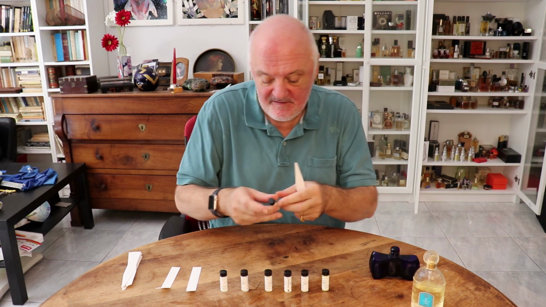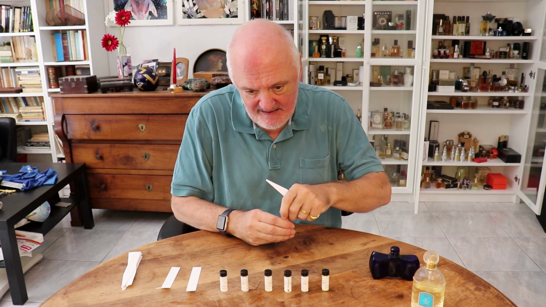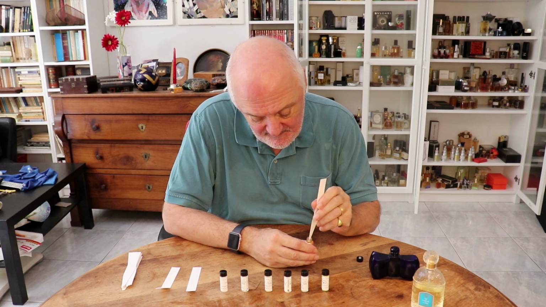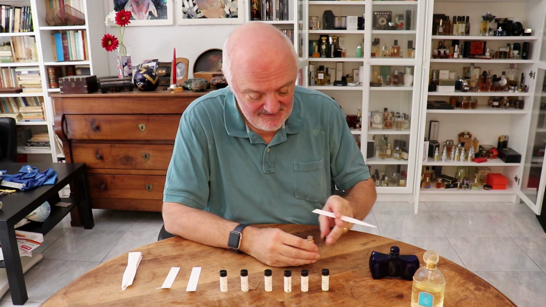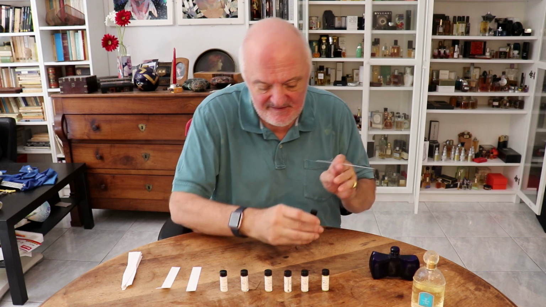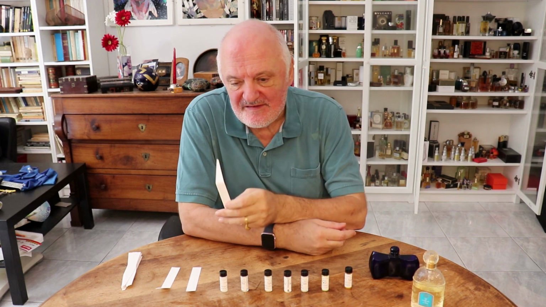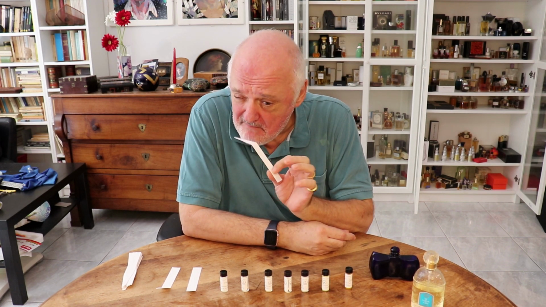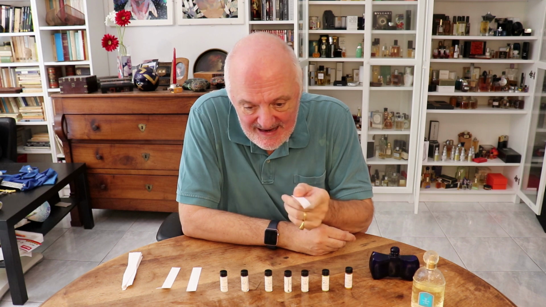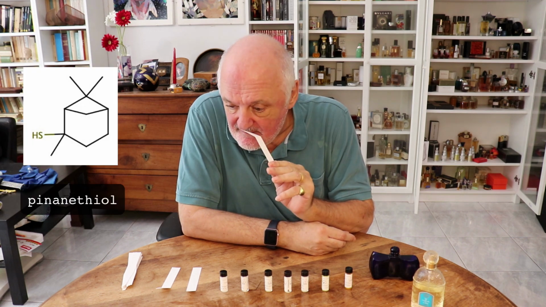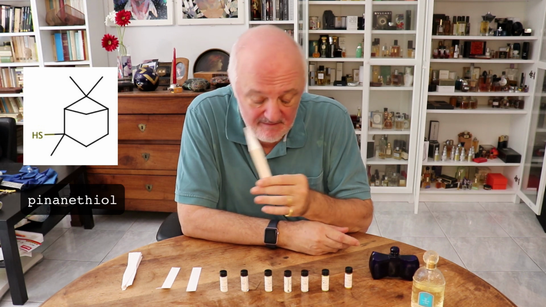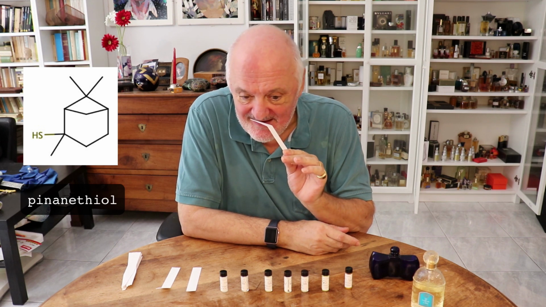The other oil I have here, which is a natural, is grapefruit. Now, grapefruit differs from lemon in many, many ways, even though we think of both of them as citrus, but grapefruit is a really different smell. And one of the things that distinguishes grapefruit is the presence of very small amounts of a sulfur-containing impurity. I'm talking minute amounts. One of them is a pinene structure with a sulfur attached. And of course, if you smell it pure, it smells hideous. The usual sulfur smell, so-called rotten eggs.